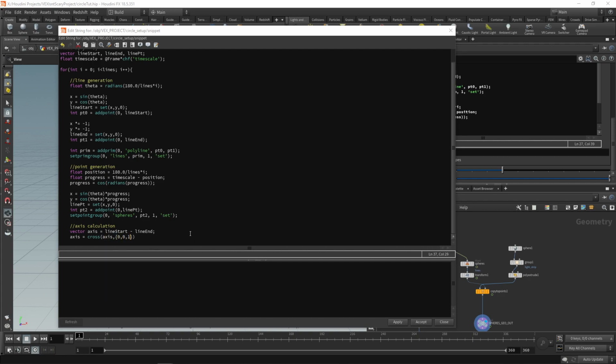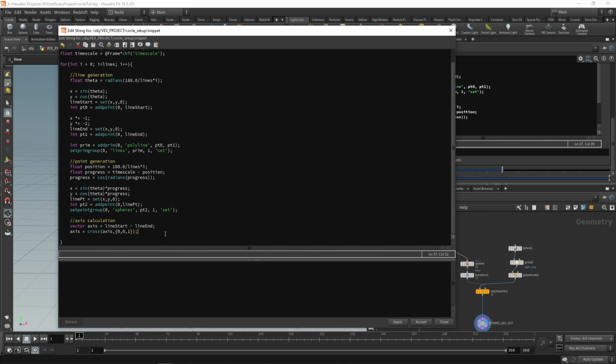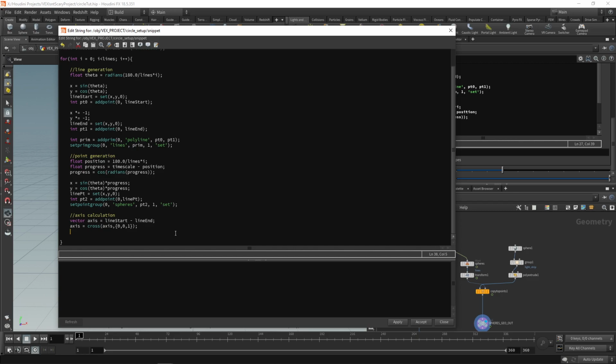0, 0, 1. Semicolon at the end. And that will give us our axis that we need. Now that we have it, we need to apply it to our sphere points. So like we've done before, where we had this set point group, there's another cool thing that we can do